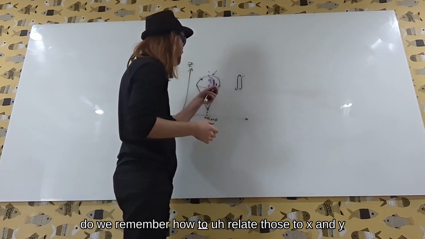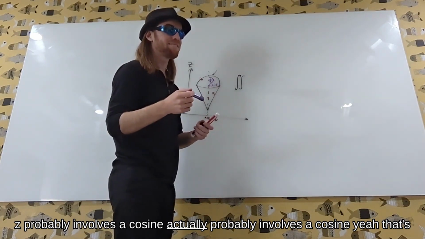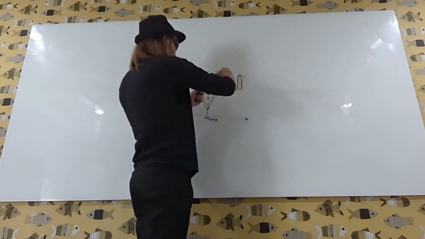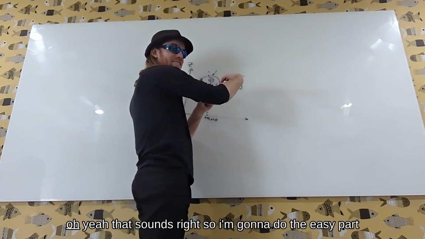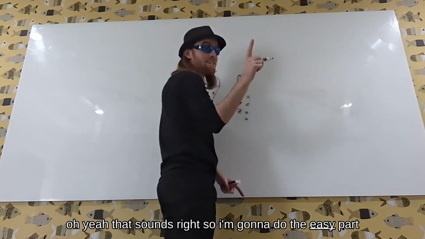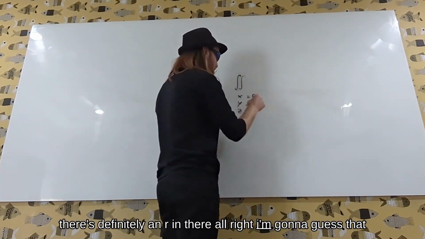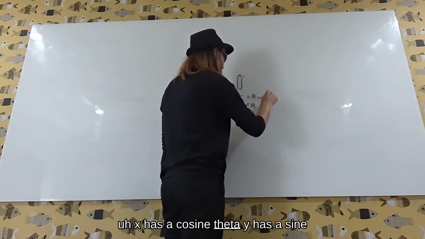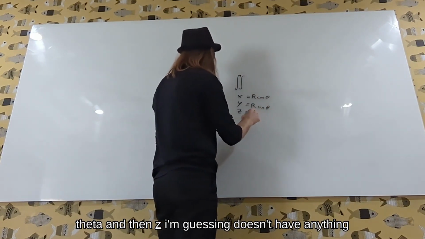Do we remember how to relate those to x, y, and z? Probably involves a cosine or something. Phi is going to be sine, and then theta is going to be cosine. Oh, yeah, that sounds right. There's definitely an r in there. All right, I'm going to guess that x has a cosine theta, y has a sine theta,